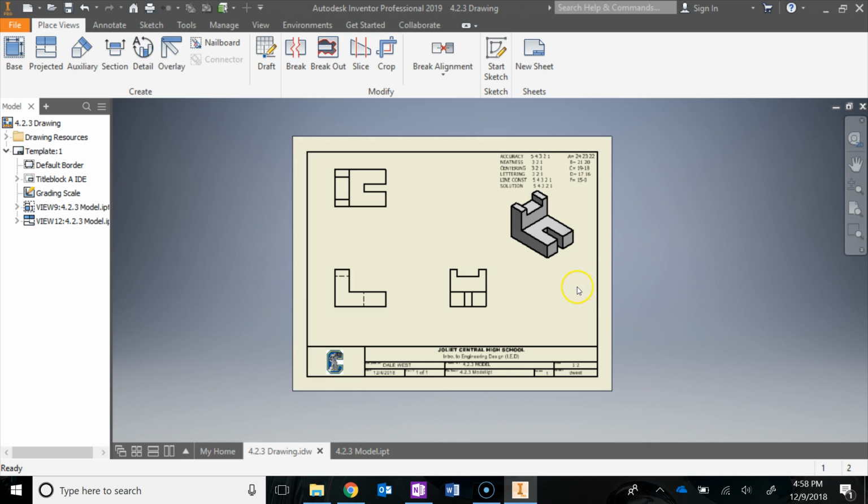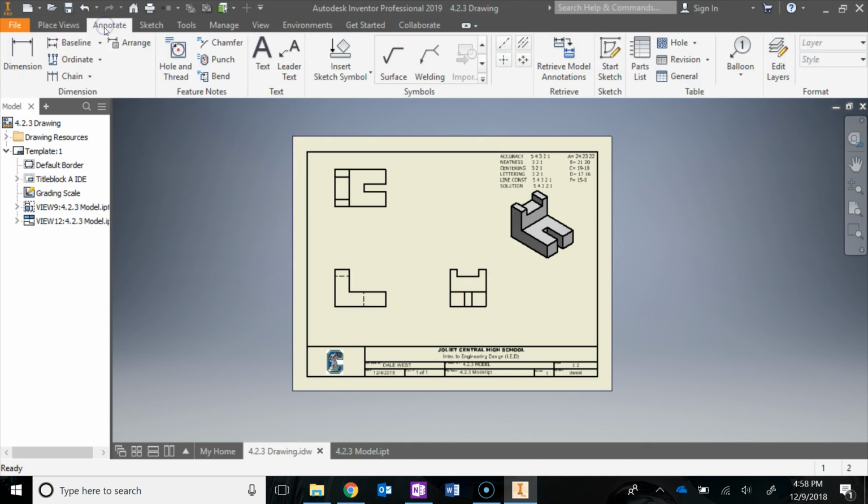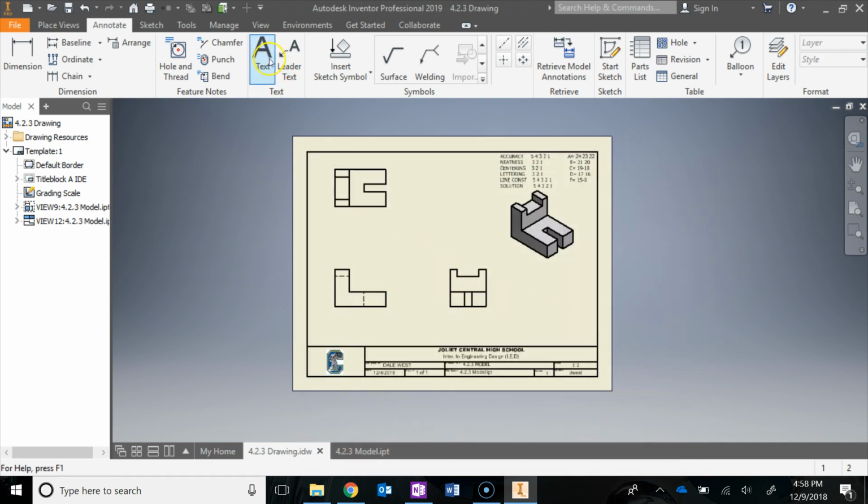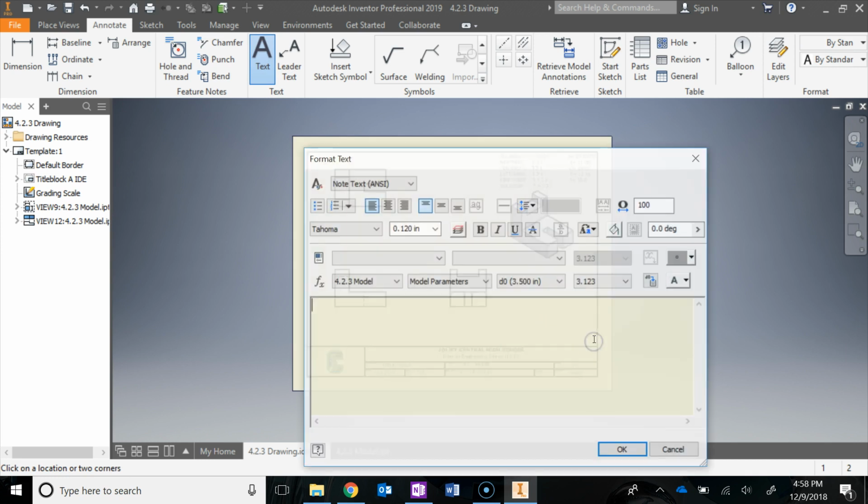Okay, so now I want to put in some general notes here. So I'm going to go to Annotate, and I'm going to draw some text. I'm going to left click once and let go. Cancel that. Let's try text again. I'm going to left click, hold, and drag. I said that incorrectly. Left click, hold, and drag. Now in all caps, I'm going to type in general notes